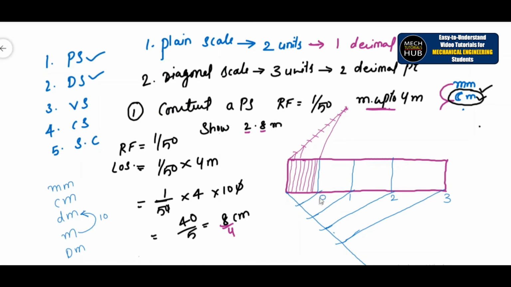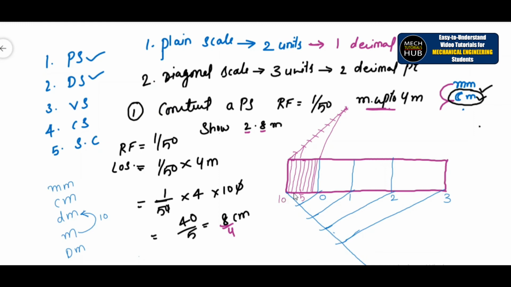Okay, so if you measure from here, this becomes 0, 1, 2, 3, 4, 5, 6 till 10, because 1 meter is equal to 10 decimeters. This will read the decimeter scale, and this remaining portion will read the meter scale. Okay, so 0, somewhere in the middle you get 5, or else you can name it as 1, 2, 3, 4, 5 till 10 mm. Alright, that is also fine.